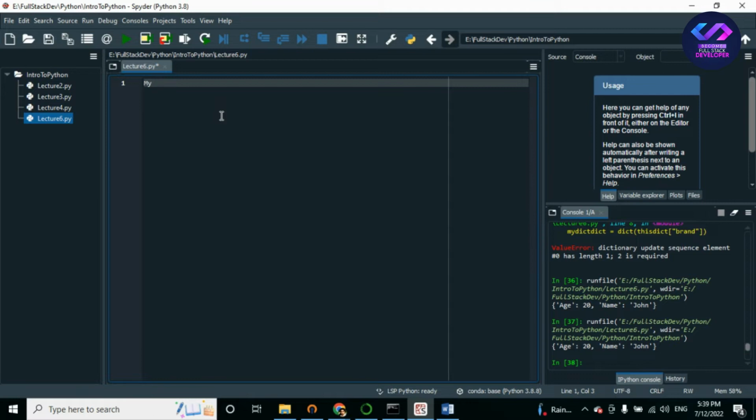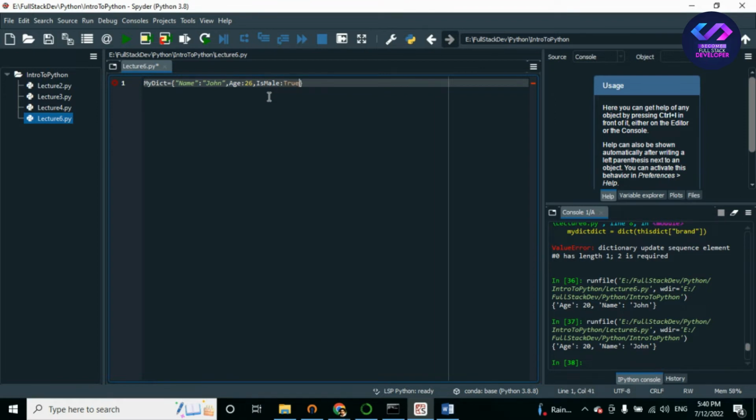So I'm going to create my dictionary. So my dict, and there is a different way of creating that: brackets, sometimes called curly brackets. Suppose I'm going to use name, this is the key, and here is the value. Suppose I'm using John, and age, let's say 26. So the data type can be anything over here. It can be a string, like I have added name as a string, age as an integer, and suppose is male,